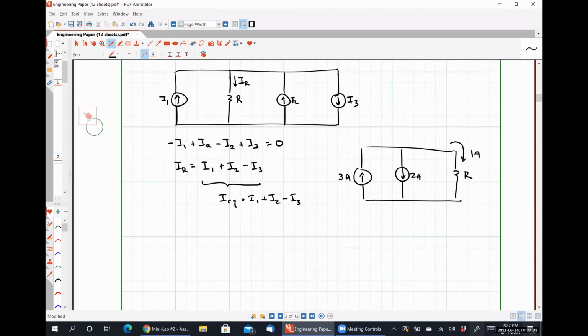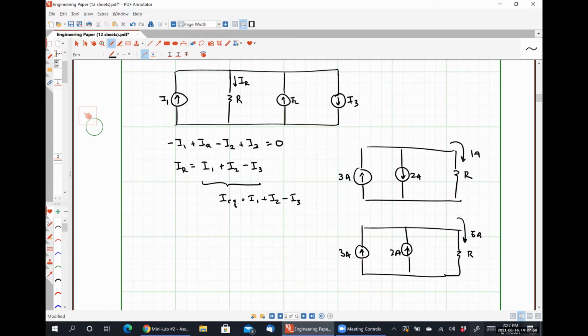But if I had 3 amps up and 2 amps up, the resistor would see a total current of 5 amps flowing through it. So that's how we combine